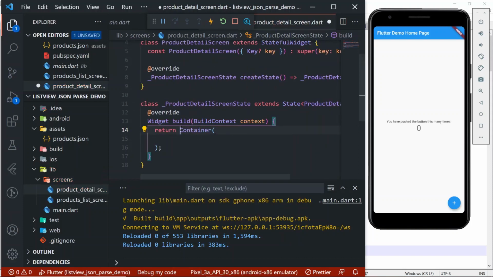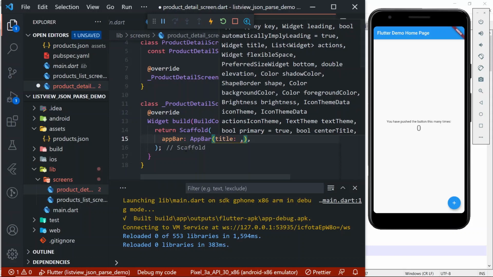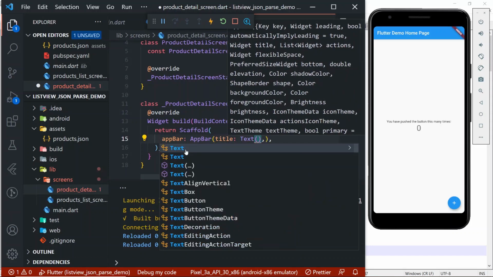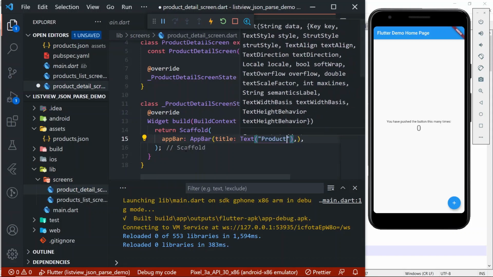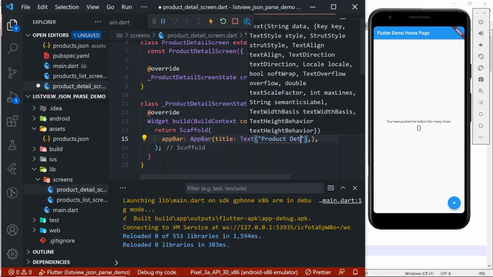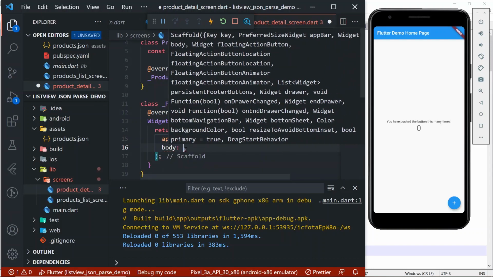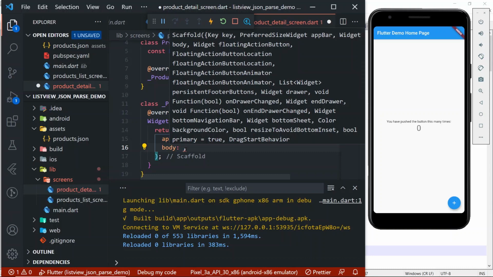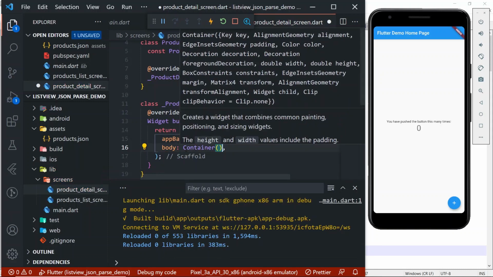So again, I'm going to provide the material app. Okay, so the same, I'm going to create a scaffold, app bar, title a text view. This is going to be product detail. Okay, so body, a simple container. Okay,